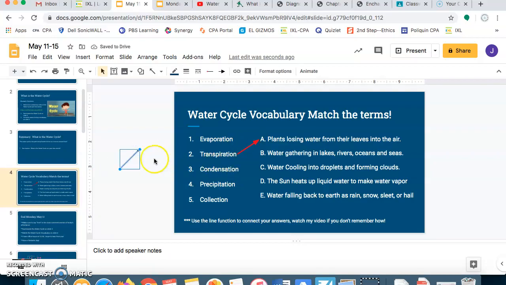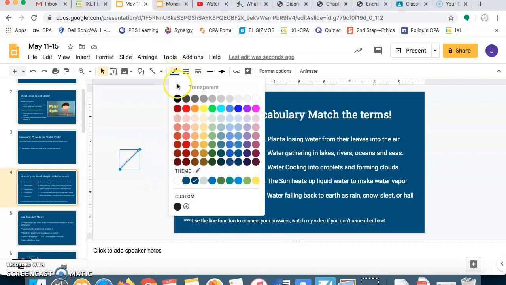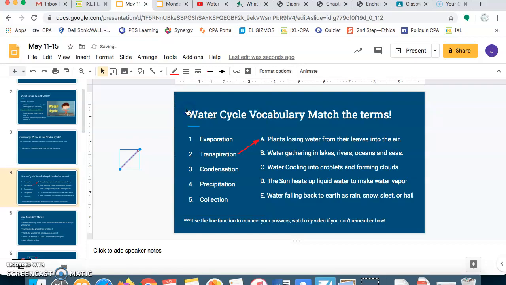How did I make my arrow red and a little thicker? I went up here. I went to line color. I made it red. I went to line weight, and I chose 4-point. Okay? And you can then adjust your arrow, make it longer, make it shorter, but see what I did for